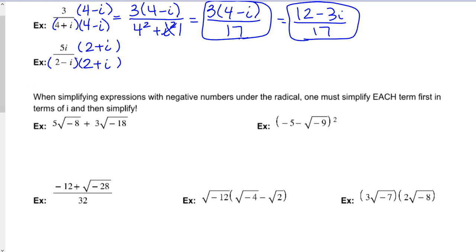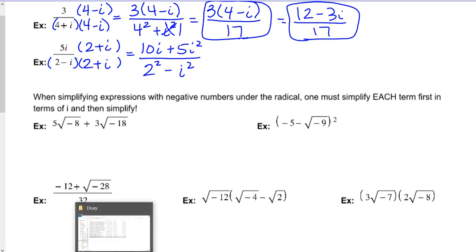Now this one's a little bit different because I do have an i on top. And when I distribute this times this and this times this, I end up getting an i squared. So I am going to go ahead and distribute this time. And so 5i times 2 gives me a 10i, and a 5i times an i is just a 5i squared, all over. Let's leave that for now. Let's go to the bottom. We want to square the first minus the square of the second because I have a difference of squares there. So 2 squared minus the i squared. Square them individually, and then